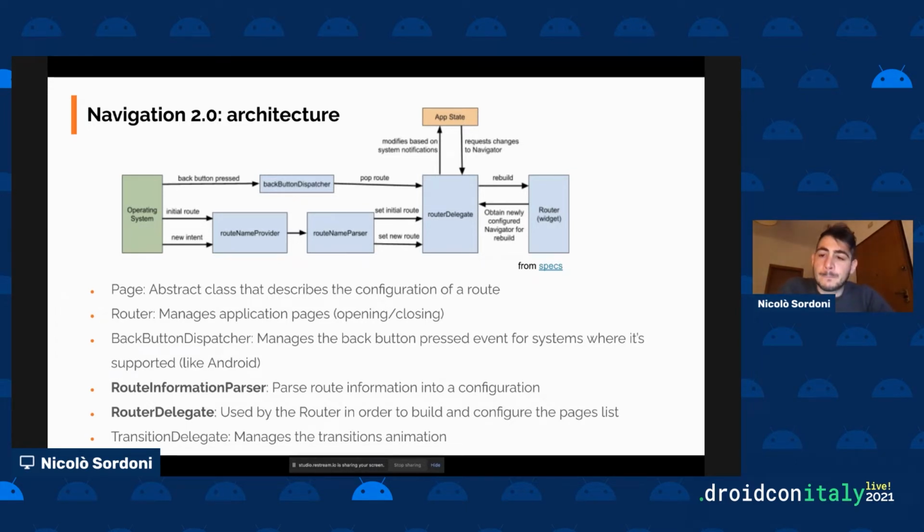And then we have the operating system that sends to our application some events, and we have to react to these events with 3 different components. The first event that we have to manage is the back button press on Android by the user. So whenever the user presses the back button, we have the back button dispatcher component that forwards this event to